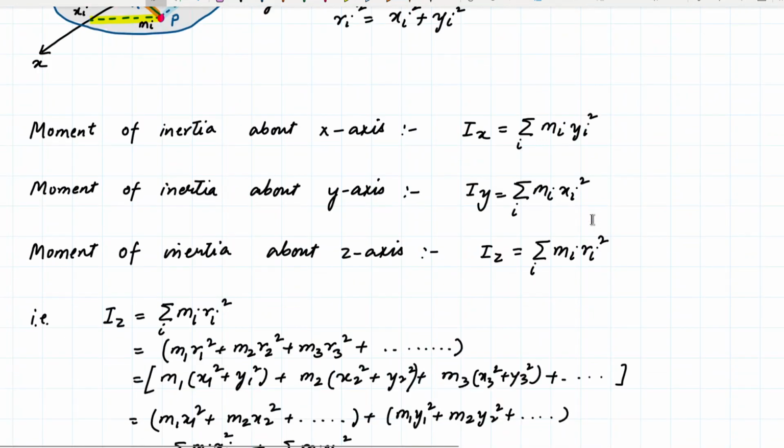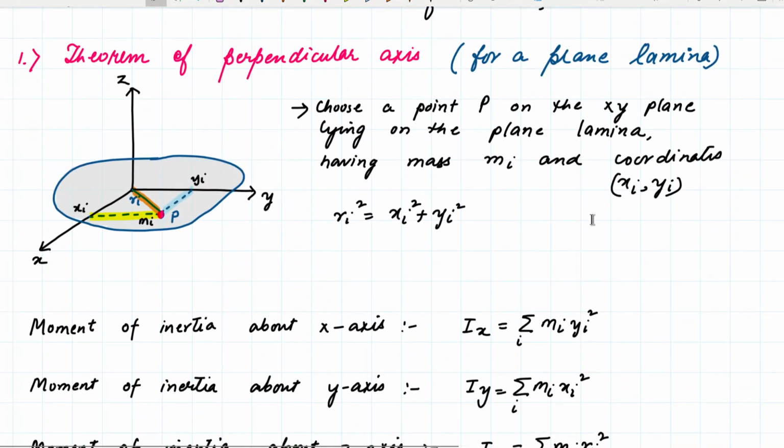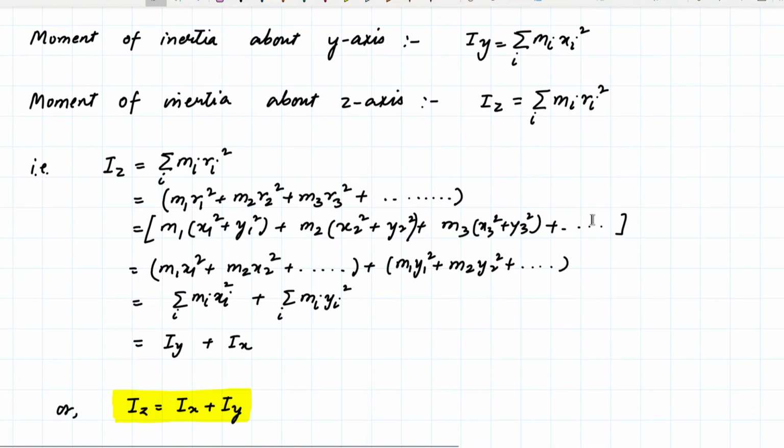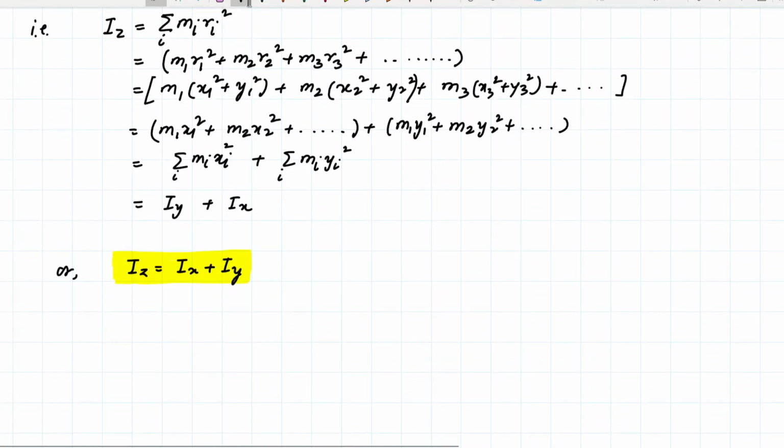Of course, I have constructed the statement here in such a manner that the plane lamina is situated on the xy plane. If that changes, then the expression of the theorem will also change. So the statement for this kind of theorem is that according to this theorem,